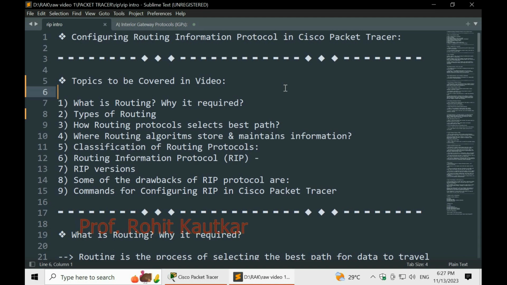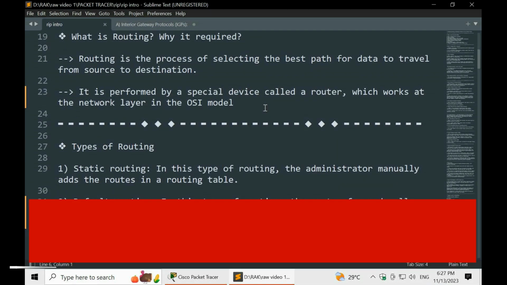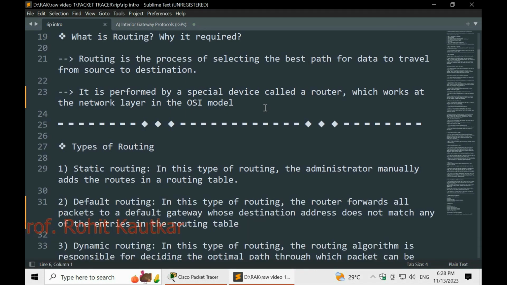So friends, let's start the video by understanding what is routing and why it is required. In a network, whenever two computers want to communicate with each other, there may be multiple paths available between them by which they will be able to communicate.